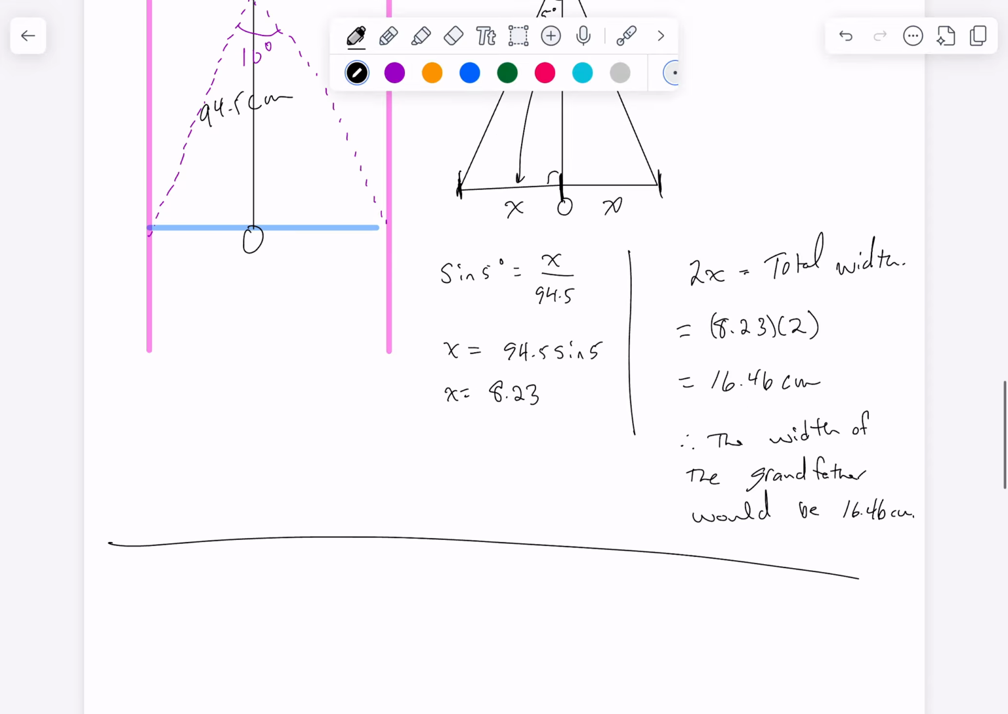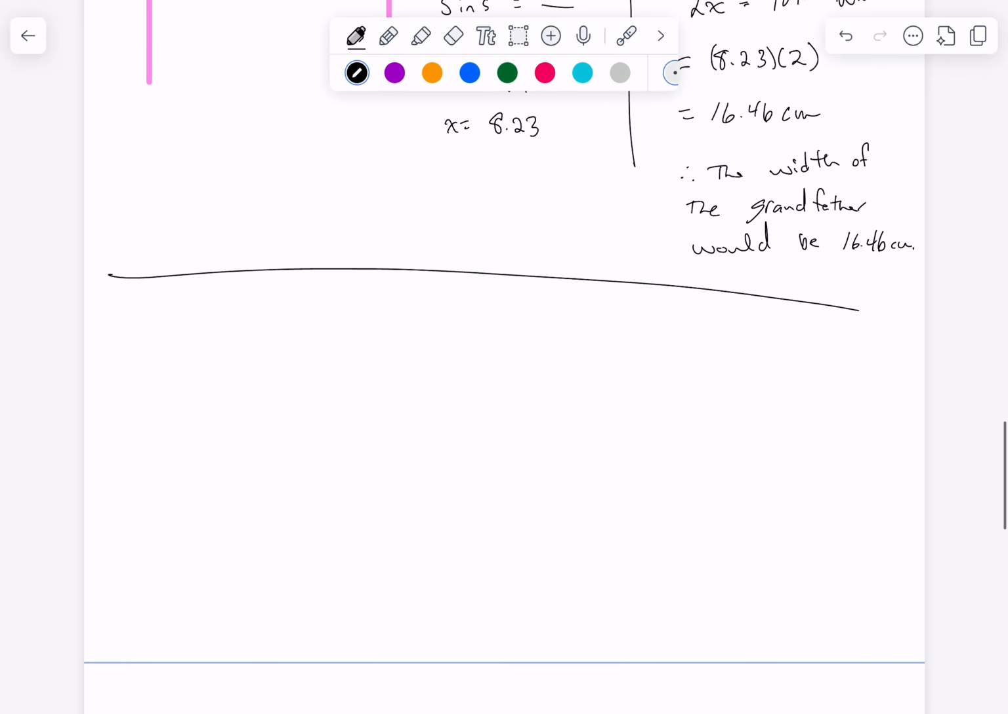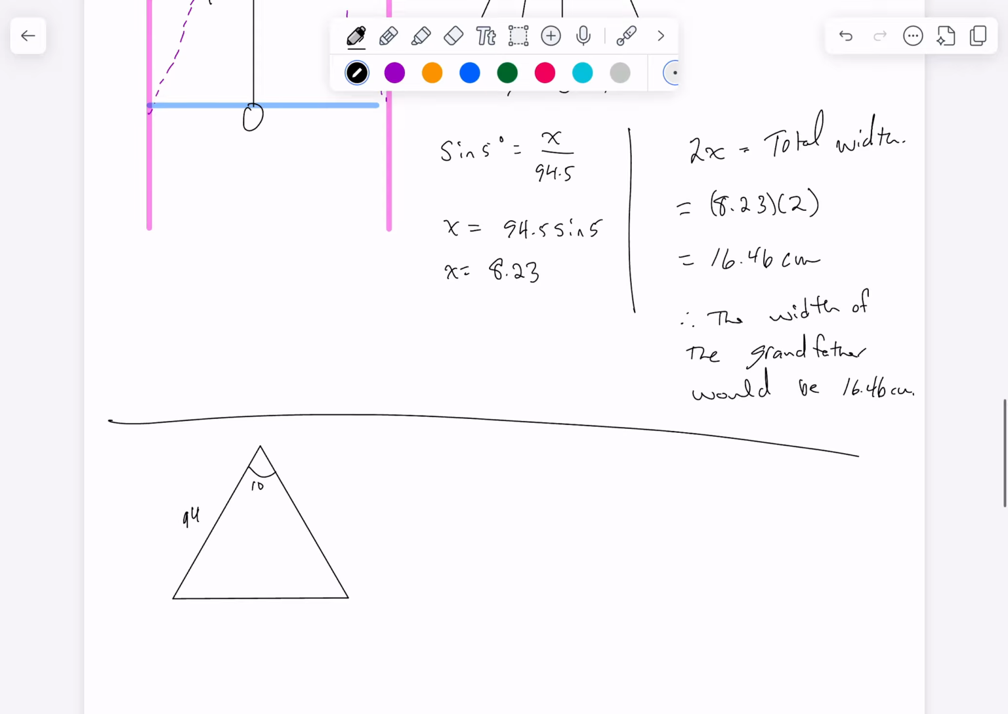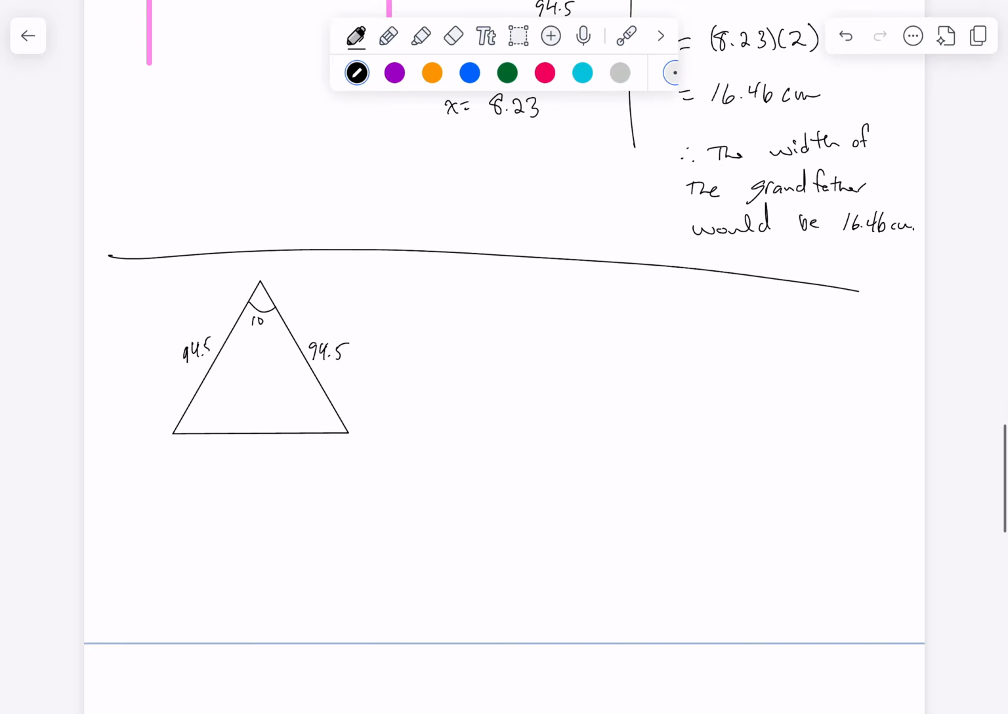I also saw people set it up just exactly what you would have seen there, where you went like this. Okay, it would have swung, and then you would have had your 10 degrees at the top, and then you would have 94.5, 94.5, and then this would have been x. Okay, and what I saw people do is use cosine law. So what I said, x squared is going to equal,